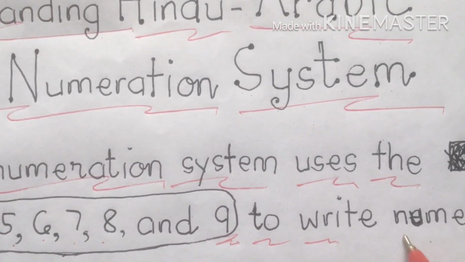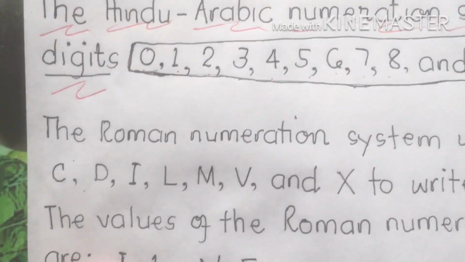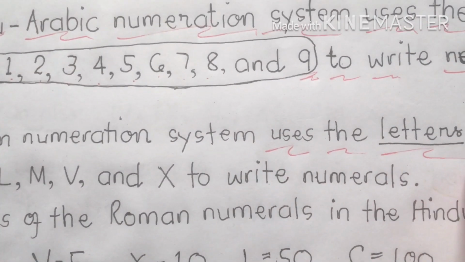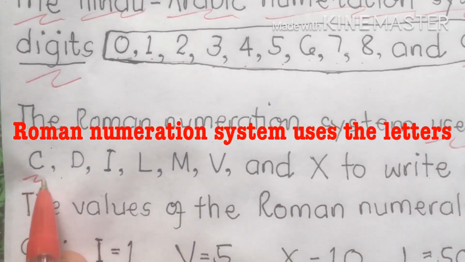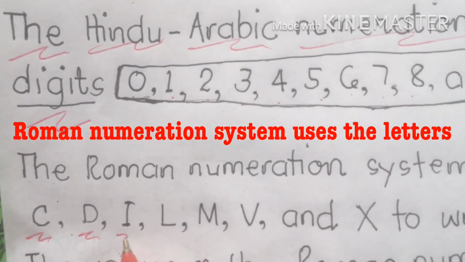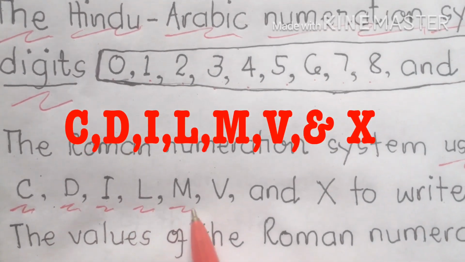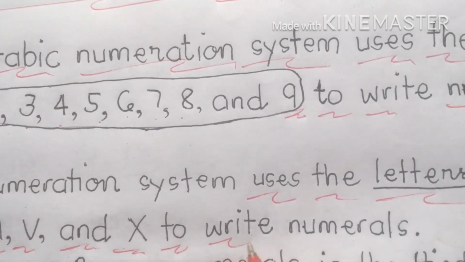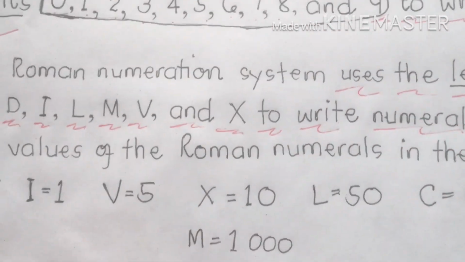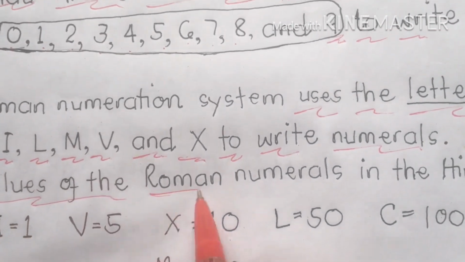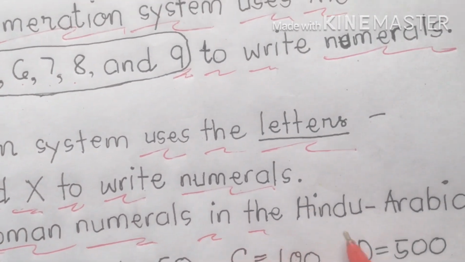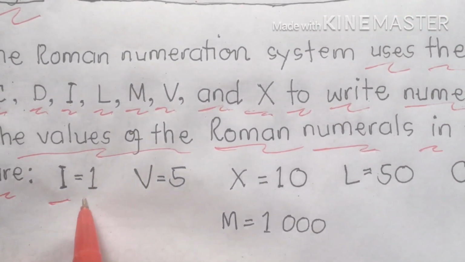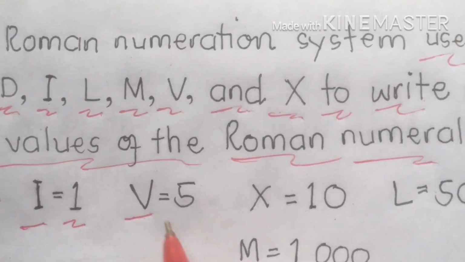To write numerals. In Roman numeration system, my dear students, we use letters. We have letters C, D, I, L, M, V, and X to write numerals. The values of the Roman numerals in the Hindu-Arabic are I is 1, V is 5,